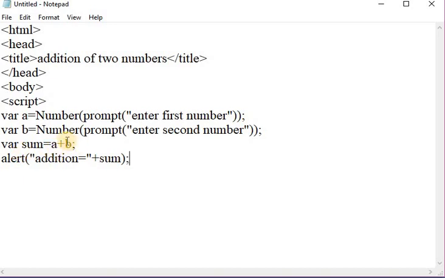After that close this script tag, close the body tag, and after that close the HTML tag.